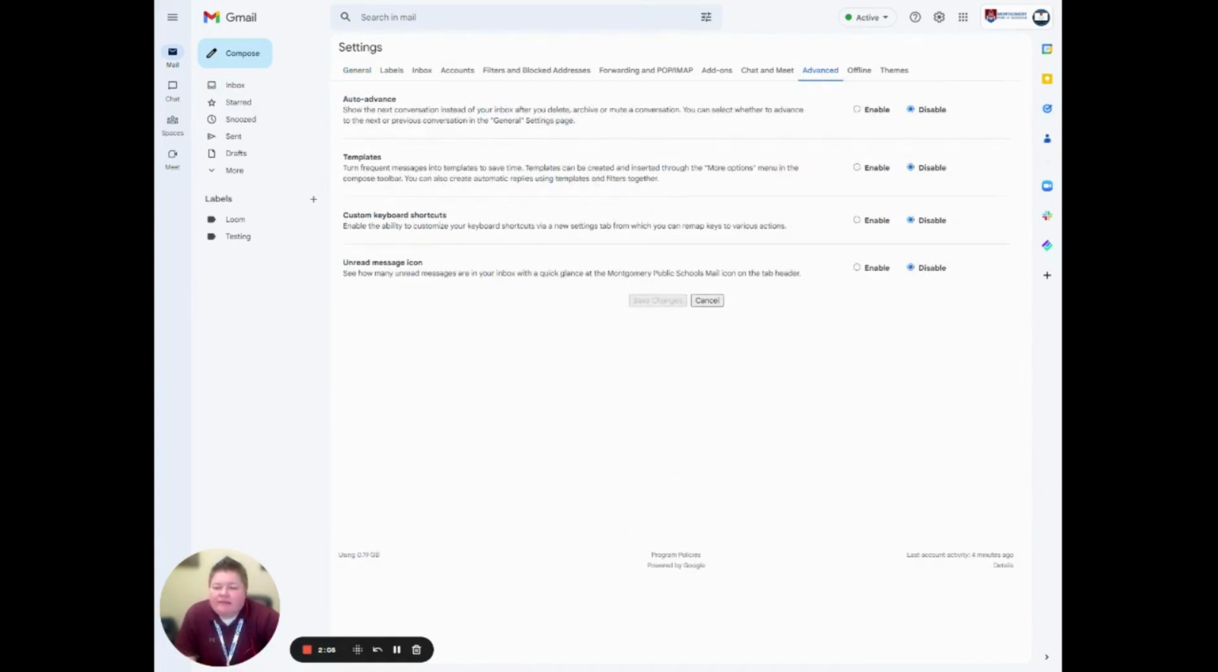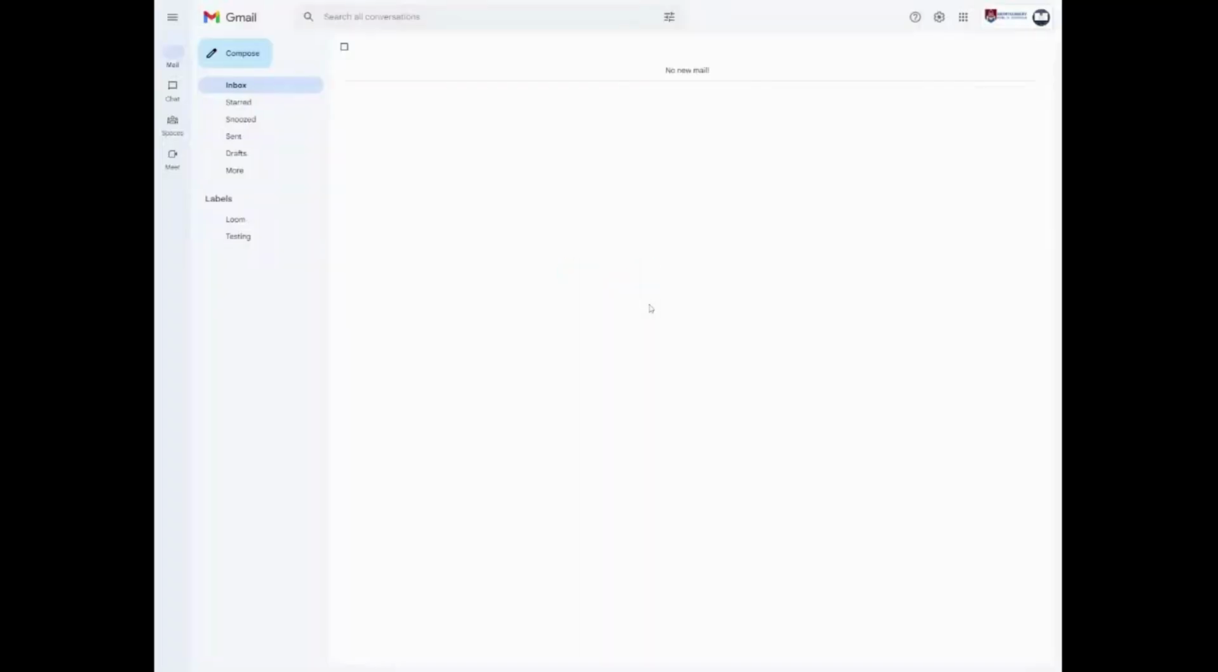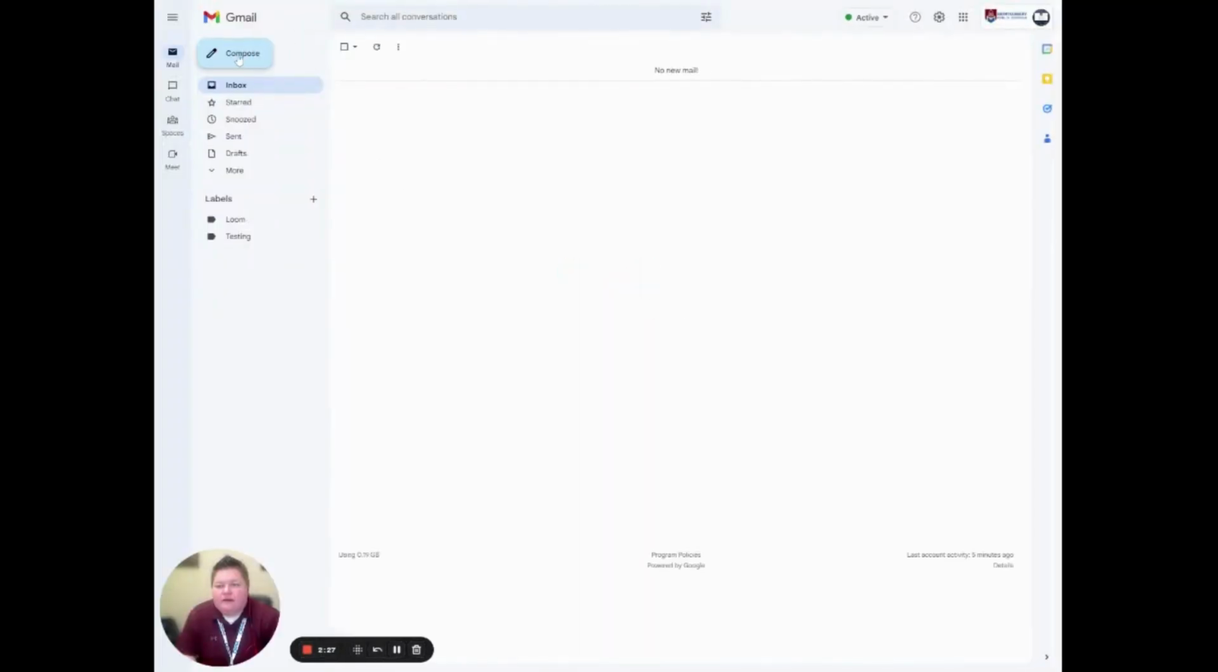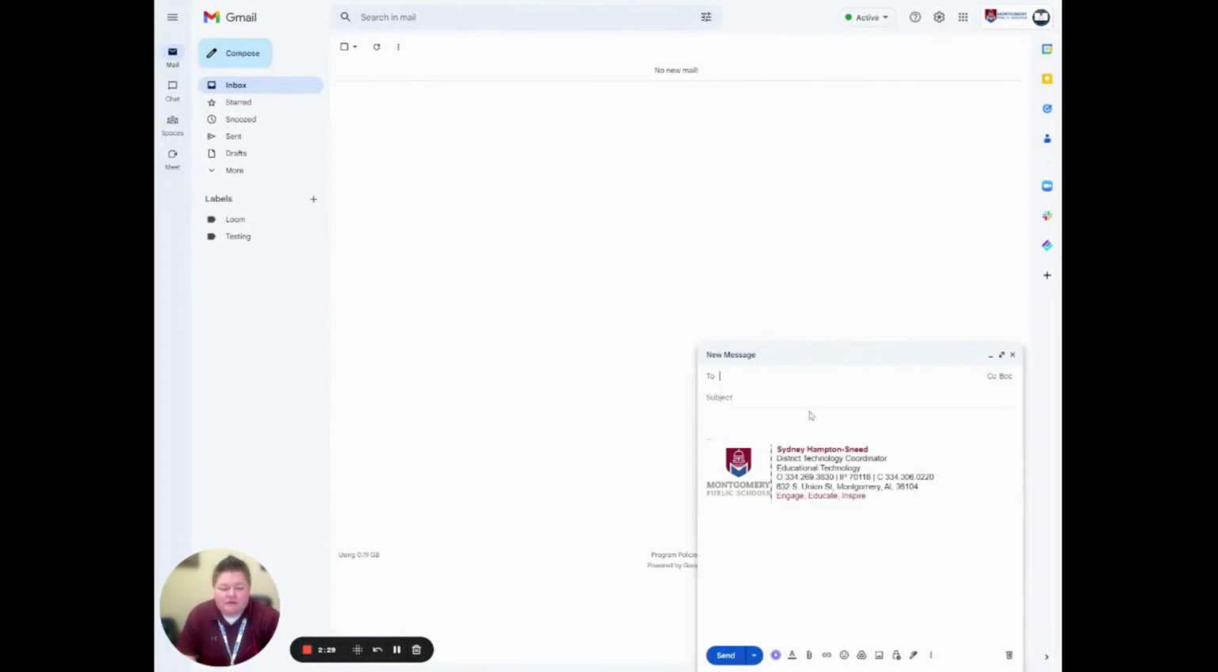So one thing I like to do is set up templates. So if I'm sending an email to someone that I simply just need to go back and plug in names in or something like that, or it's a response that I send often because I'm telling someone how to do something, I can go to templates and I can enable that. And then once I enable it, I can hit Save Changes. Now, when I go to compose an email and I click the three dots for more options, I now have